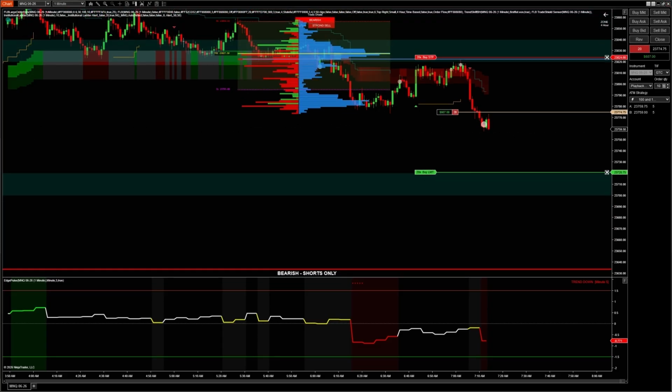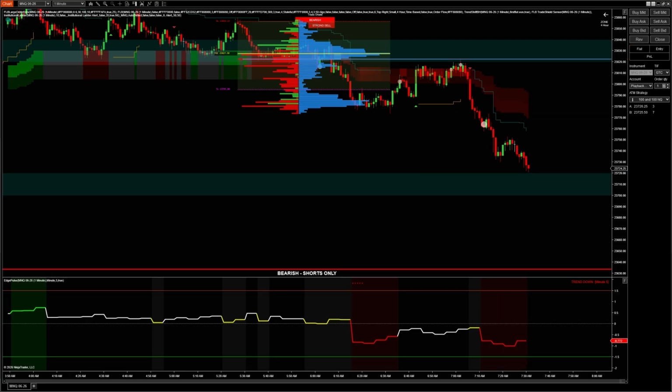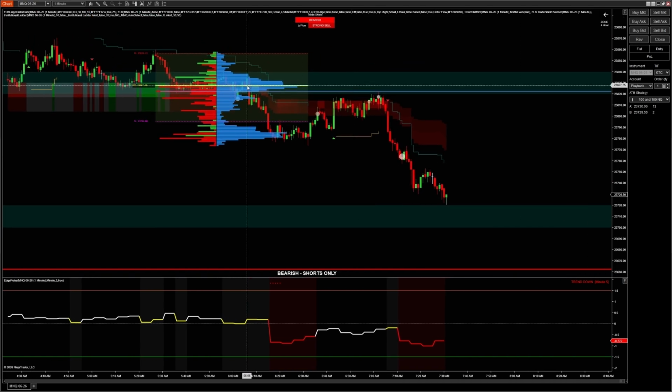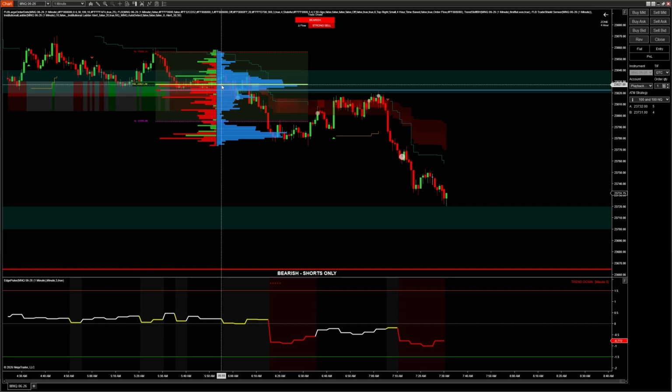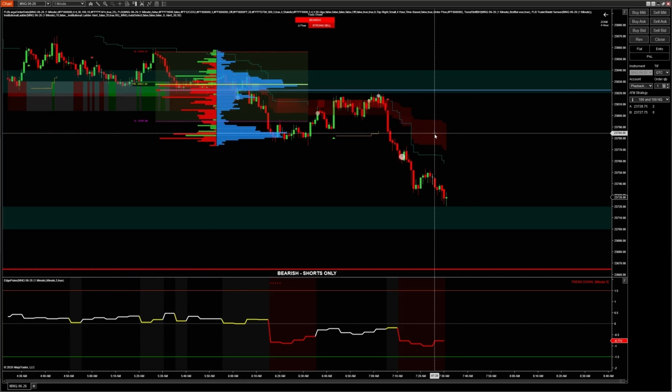Let's speed it up a little so we don't wait too long. Oh, we don't want max. Oh, maxed out and target was hit. And we are good to go. That is a way that you can get into these institutional zones using our volume profile tool here that we